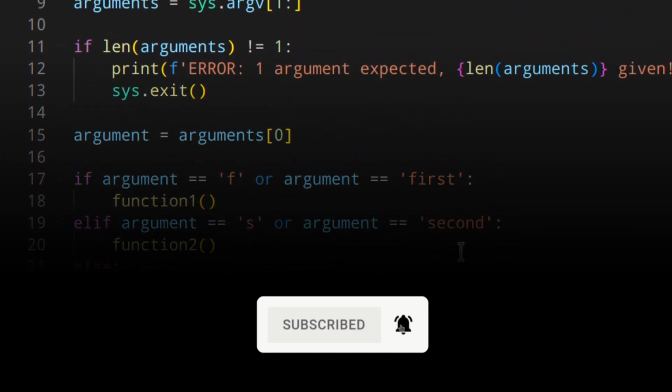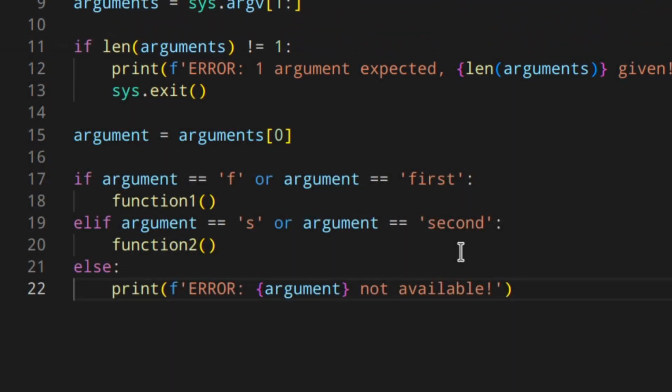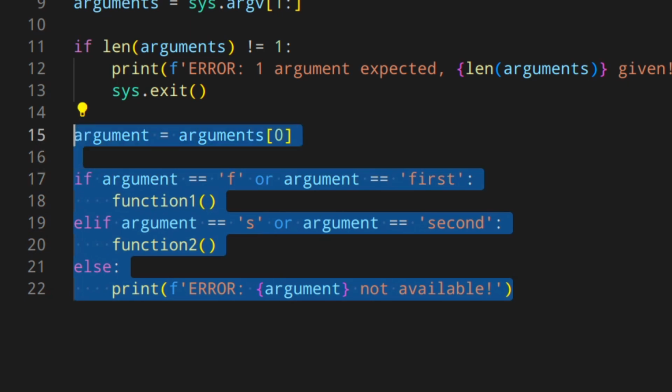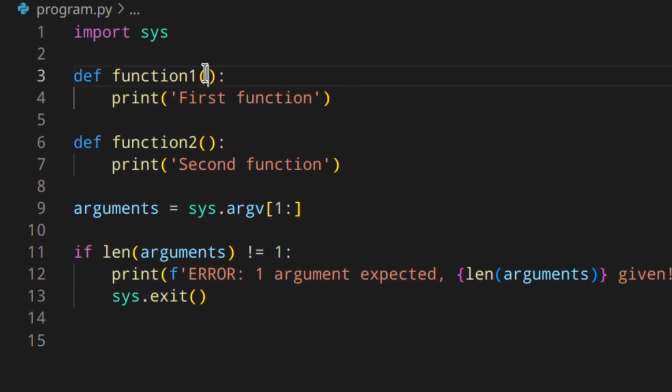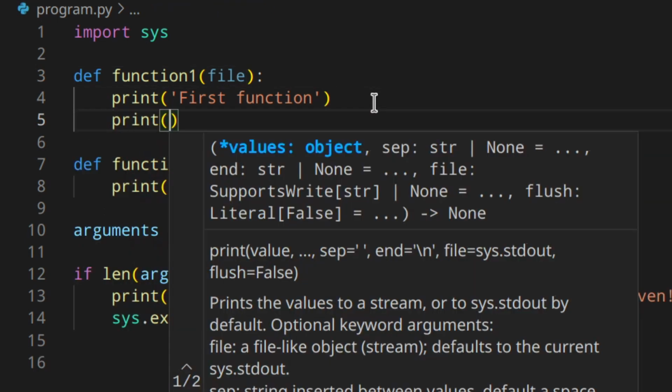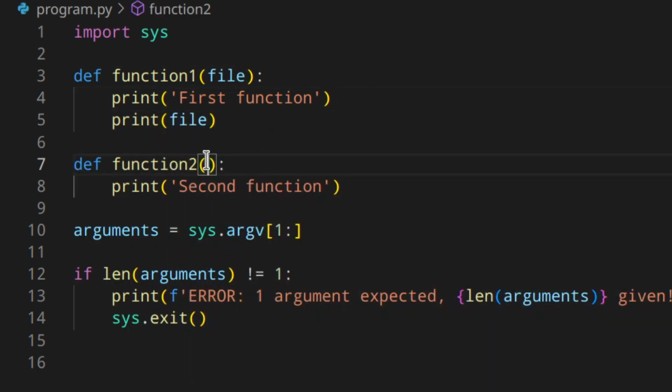program you can make. So let's now see how we can make a program where you can actually enter one option followed by the file name, for example. So if you want to do something to the file name, etc. And let's actually do something like this. I'm going to delete this like that. I'm going to change the functions slightly, and just print the file, and then the same thing here